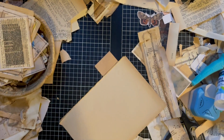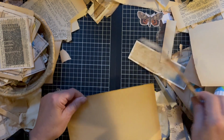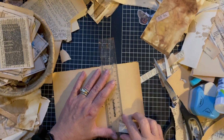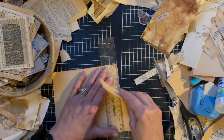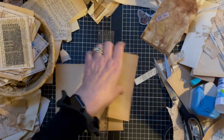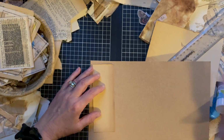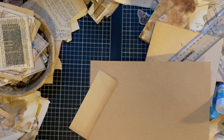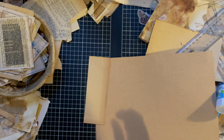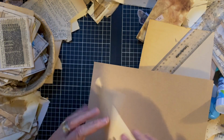Okay, for the final piece, let's use some of this thicker card, and I feel like doing something layered. That's going on there, which is going to go onto a bigger piece of card. It's not as much contrast as I thought. Oopsie. Because that's hardly, it's not enough difference, I feel. I don't know what you think, but